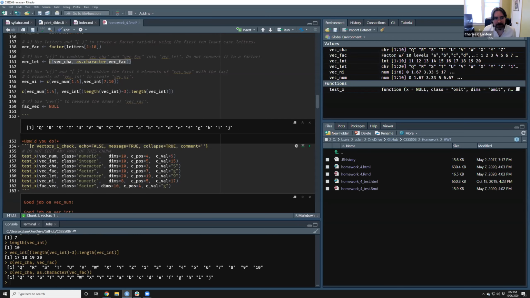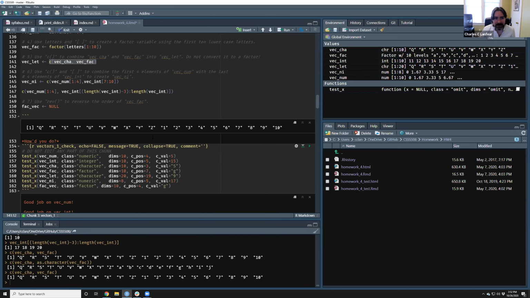You get the A, B, C, D, E, F, G, H, I, J. But if you don't convert it to character first, you get numbers over here. So my expectation here is this rather than converting it to character. The reason for that character conversion is as.character specifically replaces the values of a factor with their levels, that's what as.character does on a factor. It's a weird thing, but maybe you'll want to do it sometime. I'm not expecting you to do it here though.